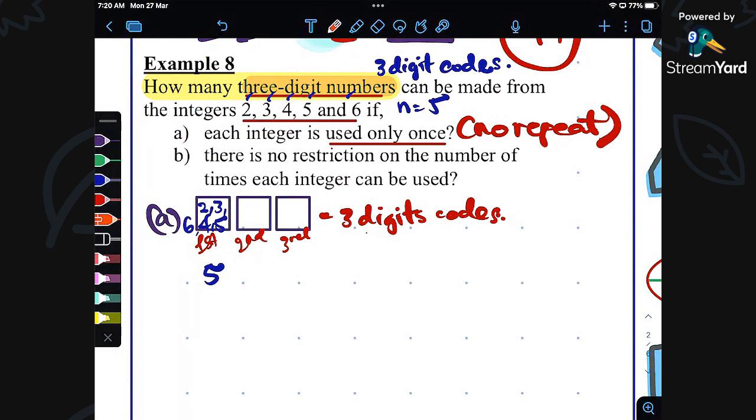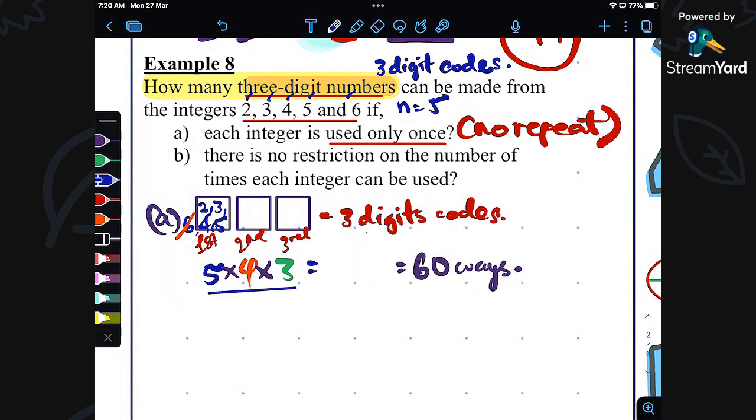So let's say dah kurangkan 1 nombor, tinggallah 4. Kurangkan lagi 1 nombor, tinggallah 3. And so we times all of them together, and then we dapat 60, isn't it? 60 ways. You boleh tekan calculator terus dapat 60 ways, or if you learn permutation, you must understand the way